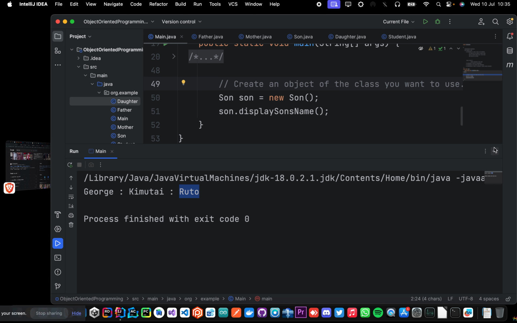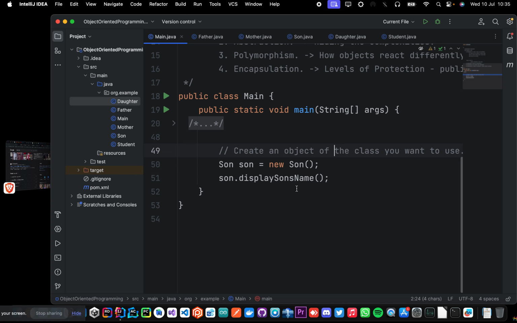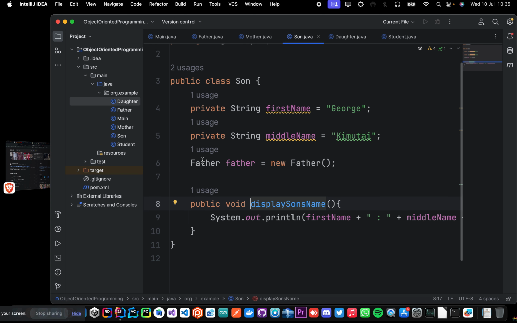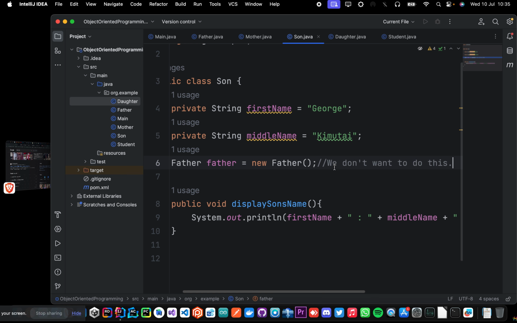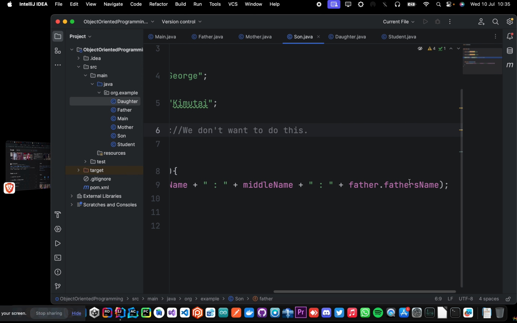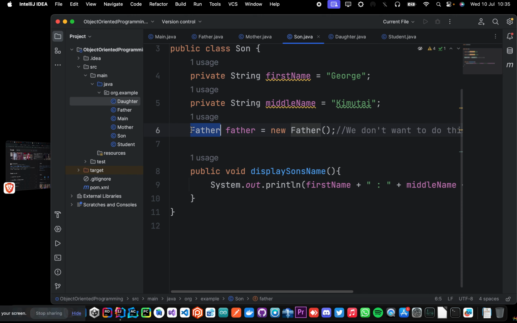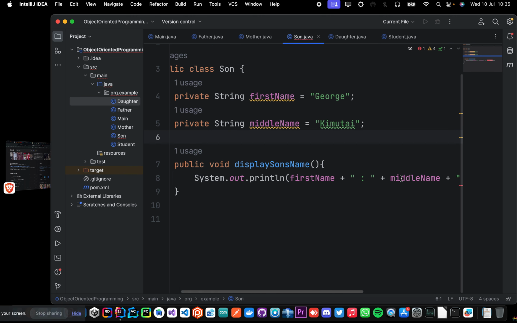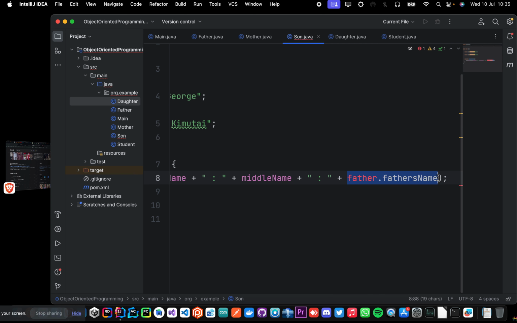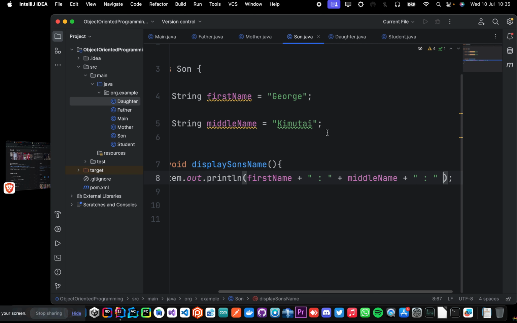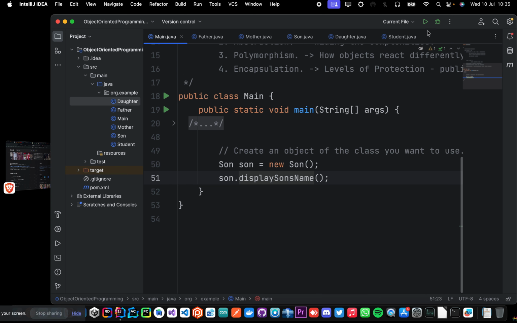But this Ruto is coming from the fact that we have created an object of the class father. This is what we don't want to do. We don't want to create an object. We want to use the concept of inheritance now, so that we don't have to say father.father's name. We can just access the father's name without creating an object. And now what I'll do is I'll delete that and just do this. And if I now run my program,